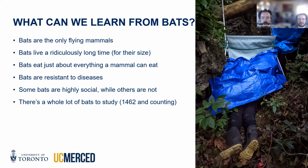They eat all sorts of things. They're very disease resistant. And so they're a very good study animal if you have questions about immune function, evolution, ecology. Basically, any question you can ask about mammals, you can ask about bats. And there's a whole lot of bats to study. So I think we recently just crossed